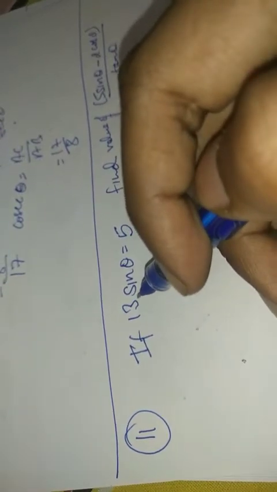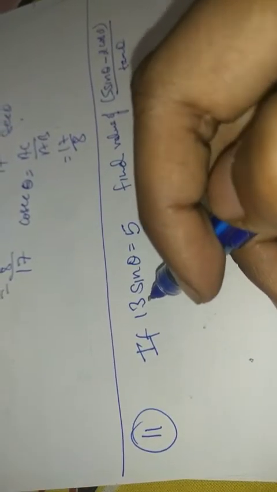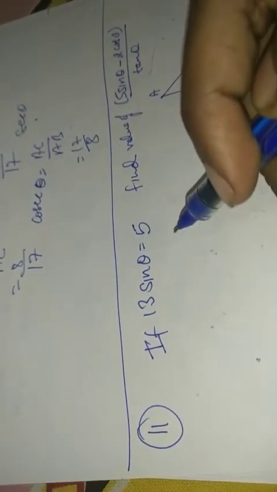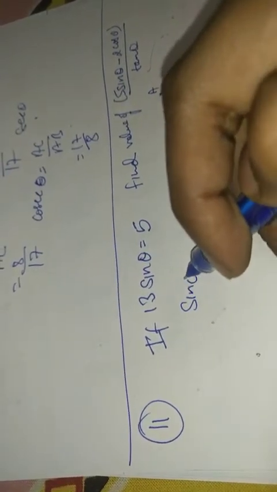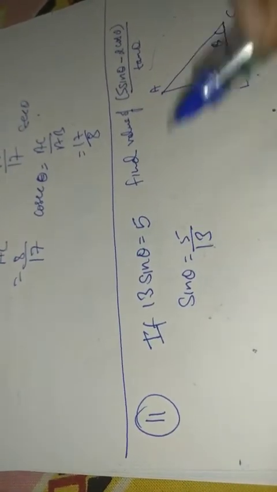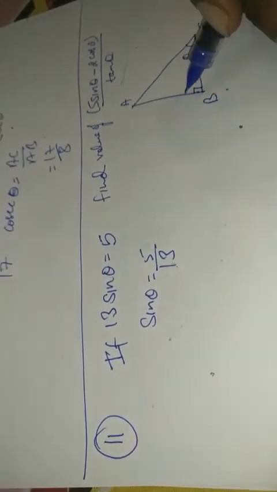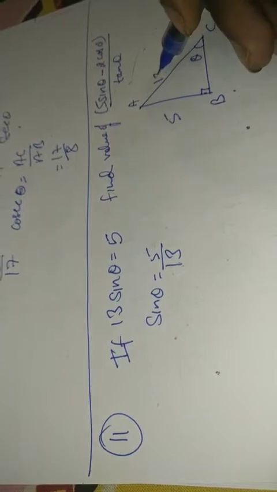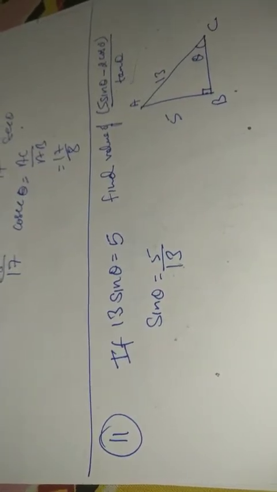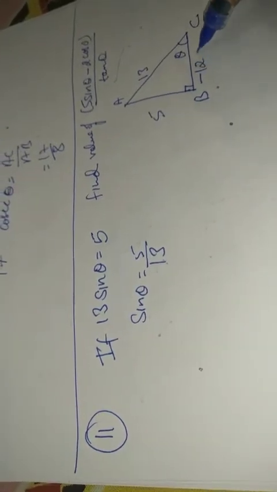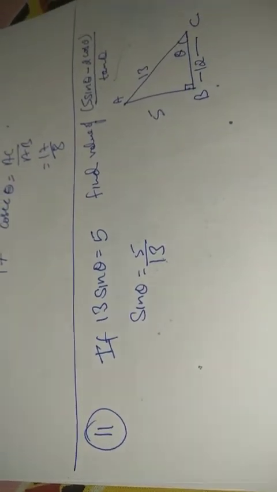So for that removal, look into the sign existing between them. What is the sign existing? There isn't any sign, so that means they are getting multiplied. If a number is getting multiplied, on sending to the other side it will go and divide. So sin theta will be equal to 5 upon 13. Now that means perpendicular upon hypotenuse. So this will be 5, this will be 13. Using the Pythagoras theorem, the third side comes out to be 12 units. Sin theta is already given.